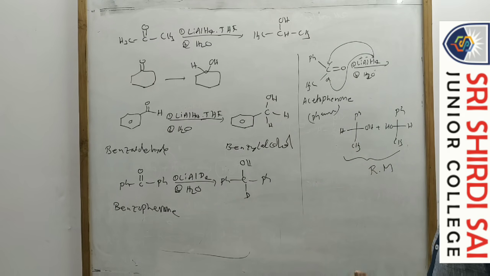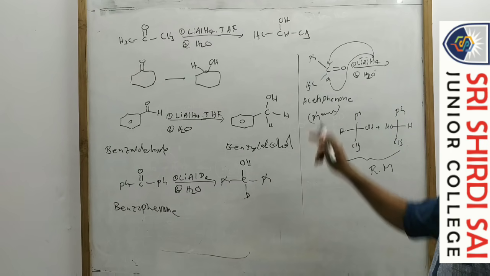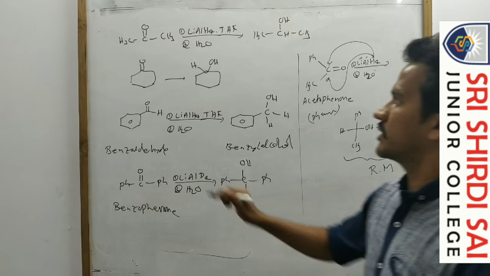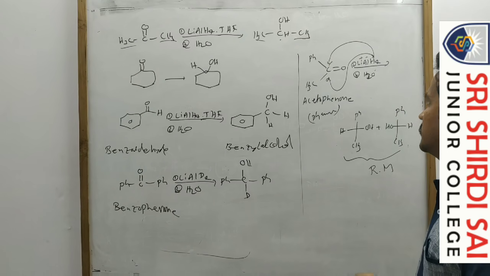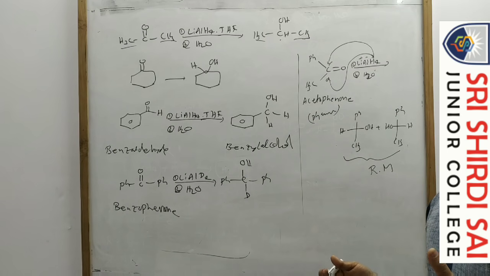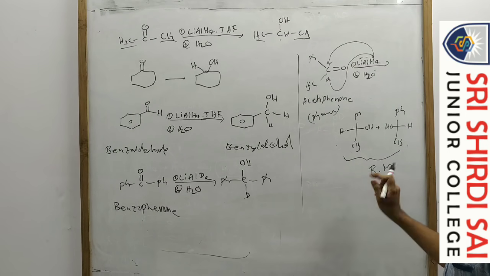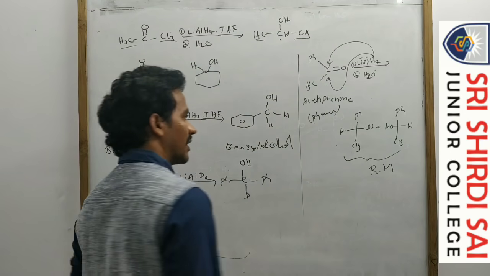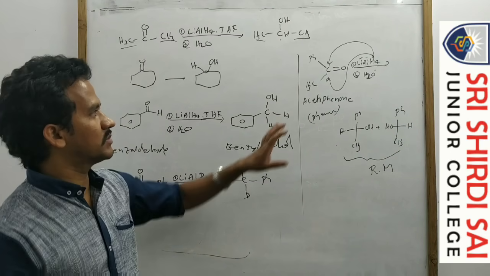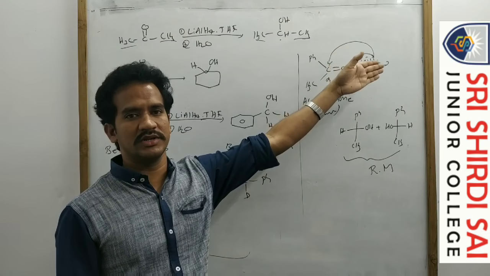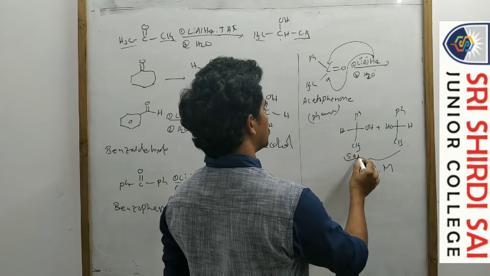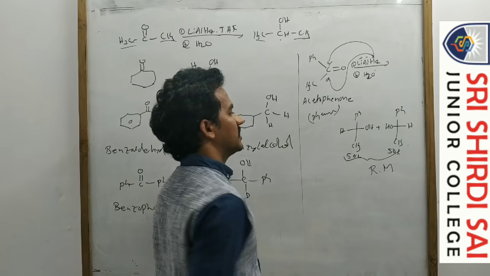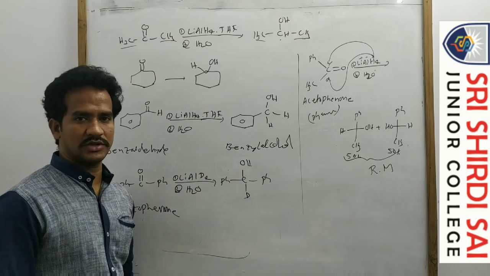It is a chiral compound, because on both sides the groups are different, here phenyl and methyl. If both sides have the same alkyl groups, there is only a single product, because it is not a chiral compound. Whenever there is a chirality possibility, we will get two products, both mirror images of each other. So it is a racemic mixture. Equal amounts of the two products are formed. It is a planar compound, attacked by H minus from either front or back side. We will get 50-50: 50% of one enantiomer and 50% of the other enantiomer. That is nothing but a racemic mixture.